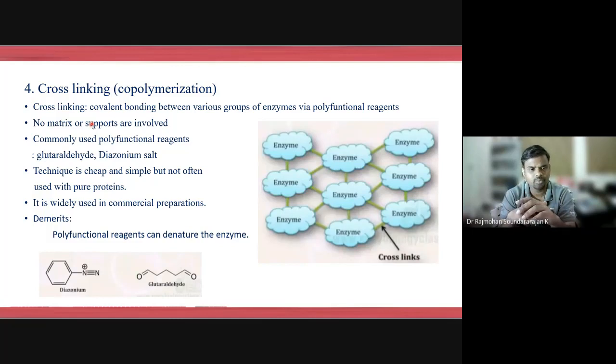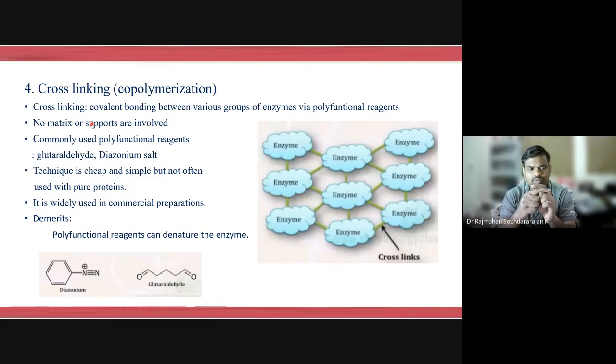But we are using some polymers. While choosing the polymers also, we have to be careful that they are not reactive with the enzymes or in the system. They should be neutral with respect to the substrate and the medium conditions. Only then will they provide sufficient strength for the enzyme to stay coherent and strong during the course of the reactions. That's why this method is used for commercial applications, and this technique is cheap and simple.